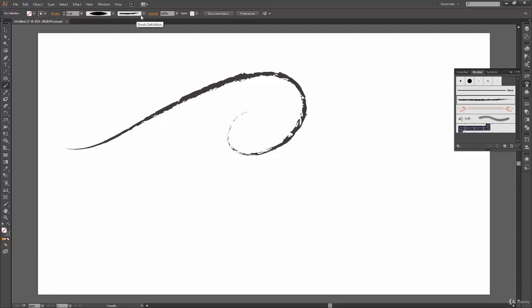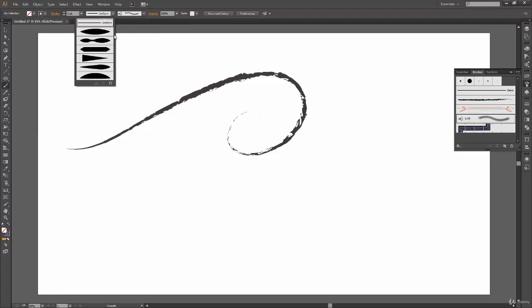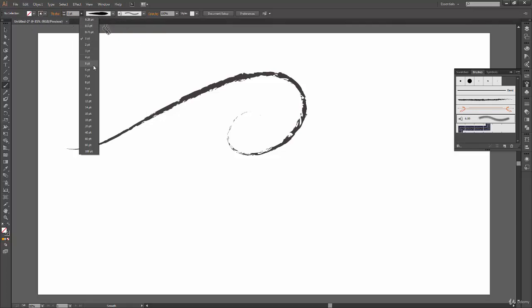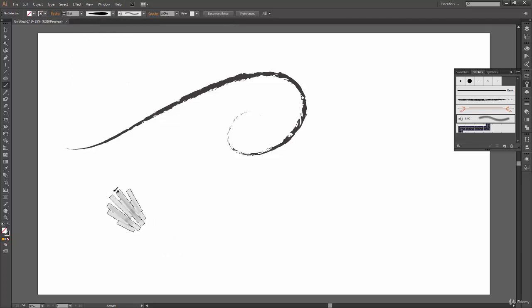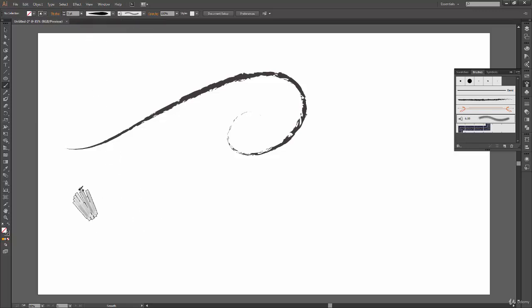First you select any of the brush definition you want to use. Let's say this one. So we will use mop this time. And again, after that you can go and change your width profile, and after that you can go ahead and change your stroke width or anything. So always work from right to left while using the brush tool. That's just advice. I mean, it's not hard code that's how you should do it, but I use it this way and it works fine with me.